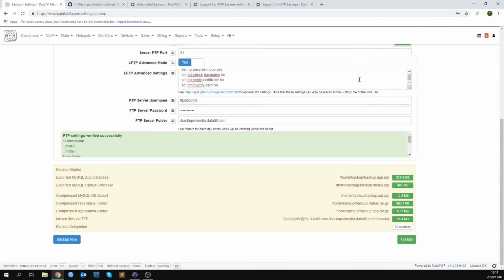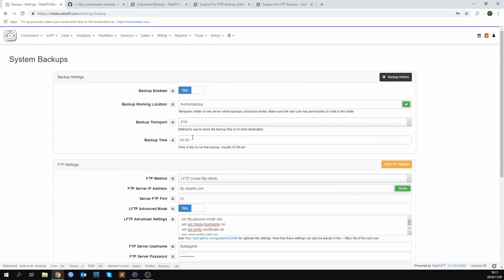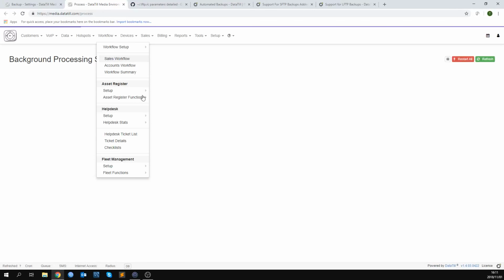So let's have a look at a few other things quickly. Firstly, let's have a look at the 3 AM backup. So to make sure this is working, if you don't receive your backups, make sure your time there is correct. Obviously, you can see the crons from here, okay, but maybe you have a warning message or a check message. You would then simply open this, and these are obviously all your data